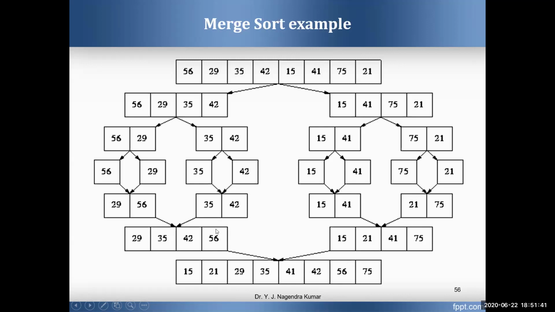So the first sub-array elements are over. Right? There is no need to compare elements with the other array. That's why, straight away, whatever elements are left in the second sub-array, you simply transfer those elements into the final array. So actually here only one element is there. So transfer that element into the final array.